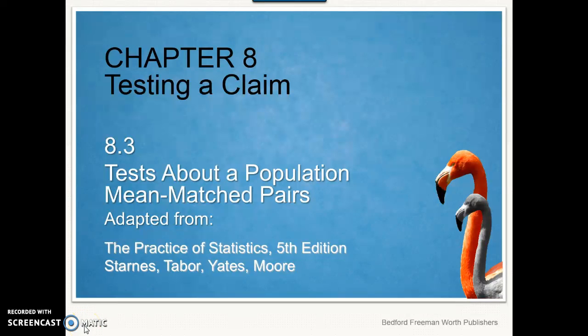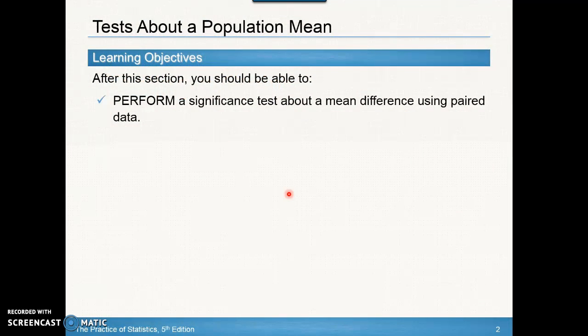Okay, so this is the last section in Chapter 8. We are going to continue our discussion about tests about population mean, and in this case, we're actually going to take a look at matched pairs and how that correlates with a one-sample t-test. By the end of this section, you'll be able to perform a significance test about a mean